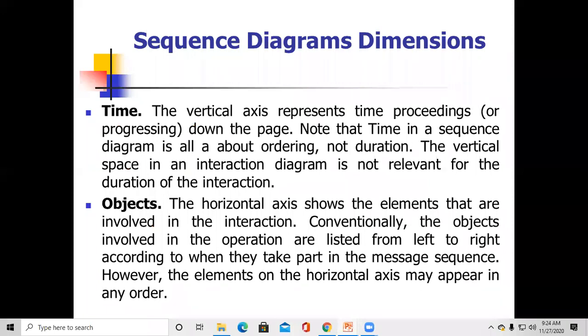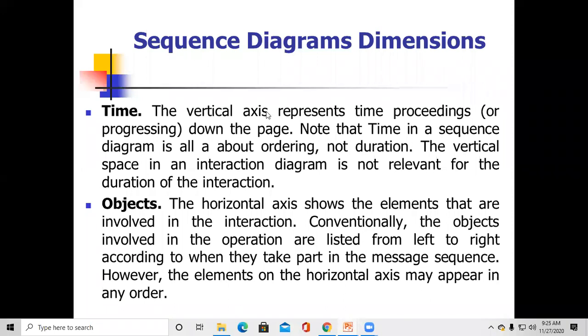There are some dimensions in sequence diagrams like time and object. The vertical axis represents time. When we see the example of a sequence diagram, you will get to know what is time, what are objects, lifeline, messages, and activation bar.